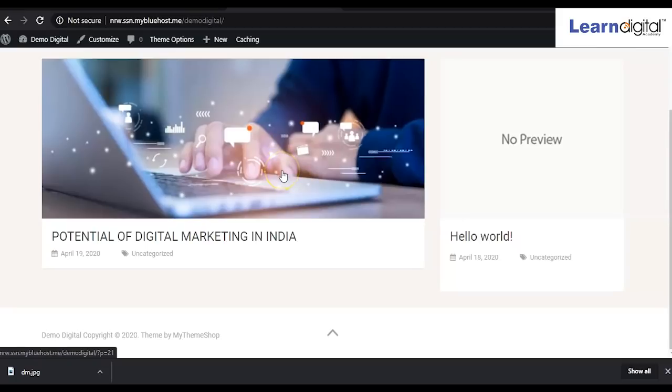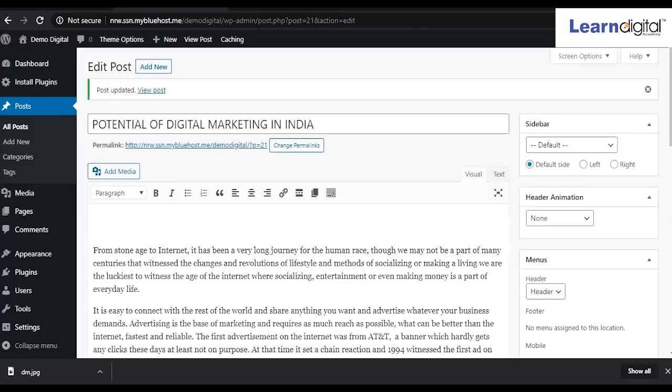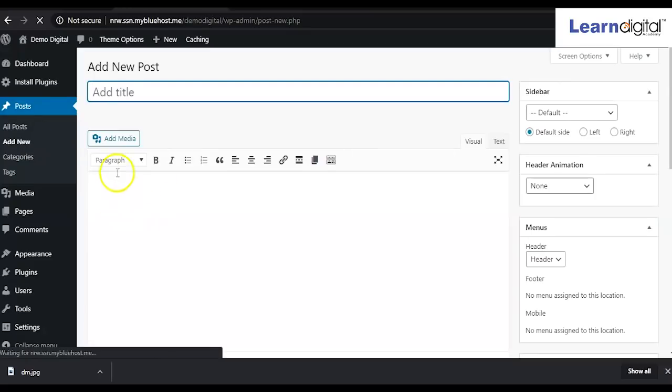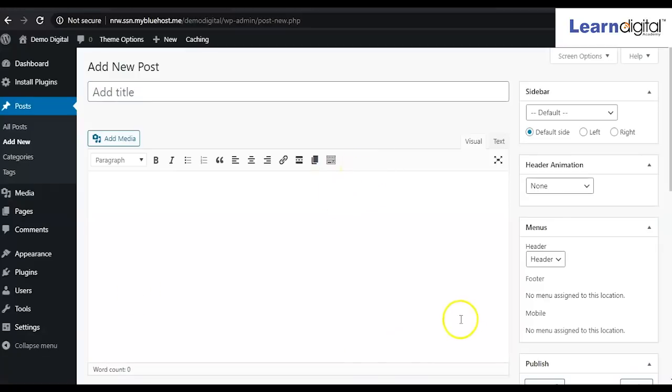So simply what we'll be doing, we'll be creating more blogs over here. Just go to the edit option and go to add new. You can take any type of blog, right? If you want to write on traveling or food or education or any general idea, you can create that type of post and publish it on your website. Now we'll be creating one more post.